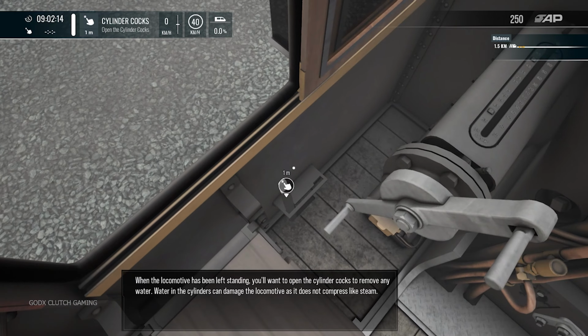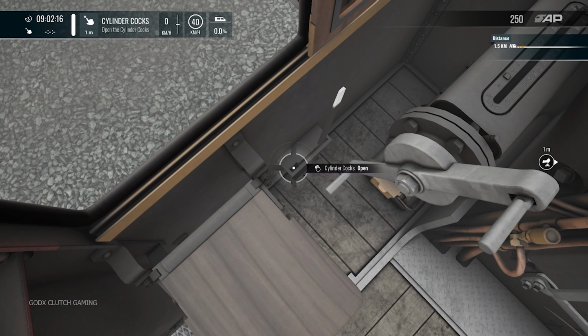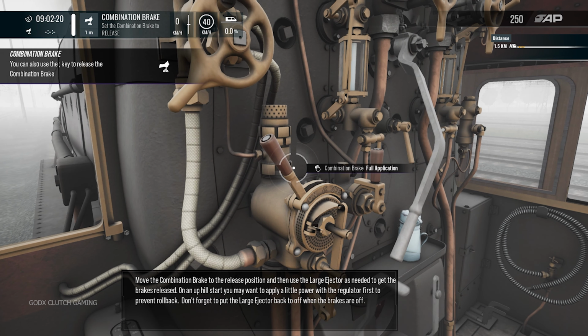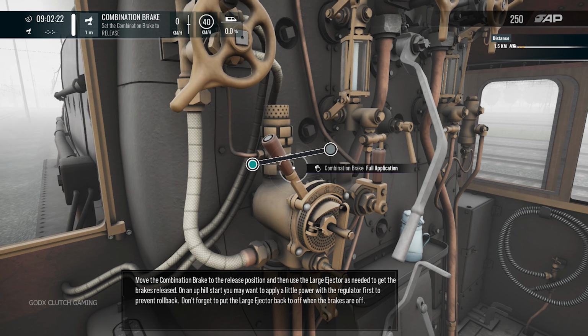When the locomotive has been left standing, you'll want to open the... Move the combination brake to the release position and then use the large ejector as needed to get the brakes